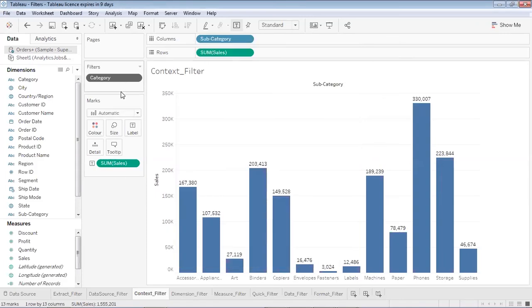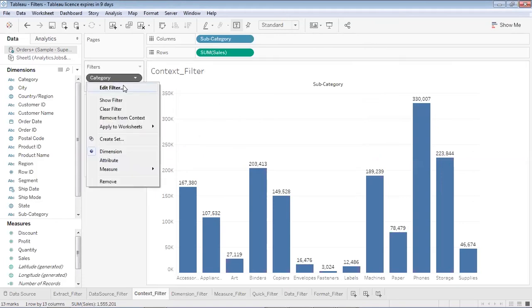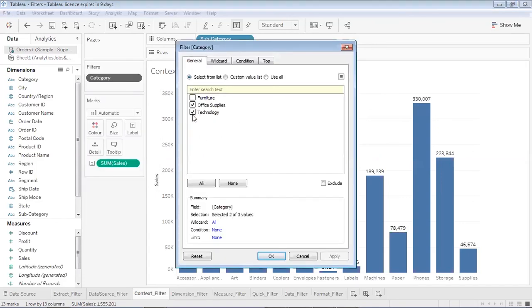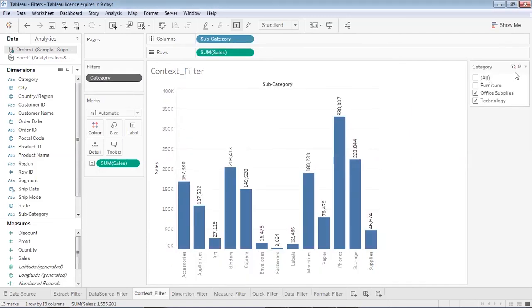Then at the backend, the Tableau engine has created a temporary table where it has all the records where the category is office supplies and technology, but it doesn't have furniture. So Tableau in its backend has created a temporary table which has all the records where the category is office supplies and technology.